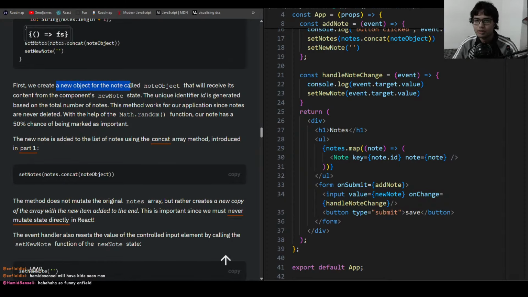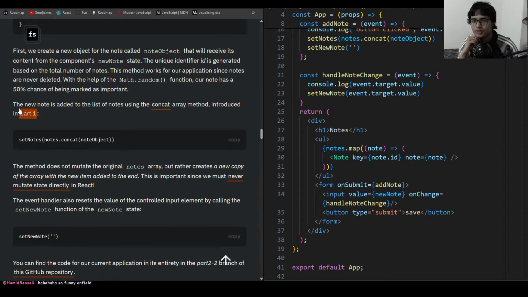First we create a new object for the node called node object that will receive its content from the component's new node state. The unique identifier ID is generated based on the total number of nodes. This method works for all applications as nodes are never deleted. With the help of the Math.random function, our node has a 50% chance of being marked as important. The new node is added to the list of nodes using the concat array method